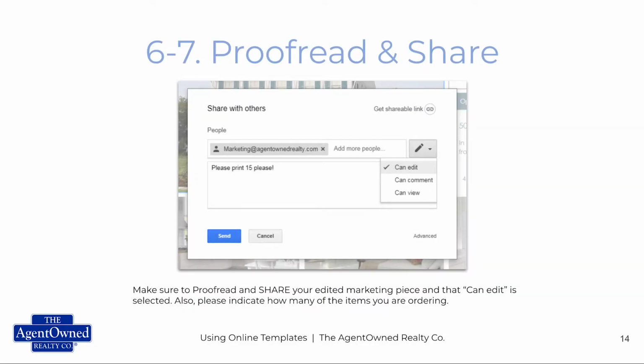Step 6 and 7 is proofread and share. So just kind of take a look, have somebody look at it for you, make sure it's in good shape for you, because we're going to give it a cursory look, but we're not going to proofread it fully for you. But when you go to share, you're going to use that share button, which you'll see how we do that when we go through the process. But you'll use that share button and this window will pop up. You're going to send it to